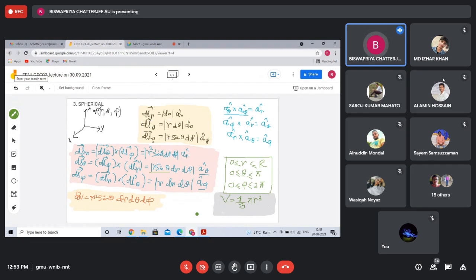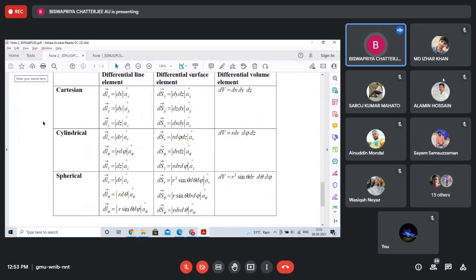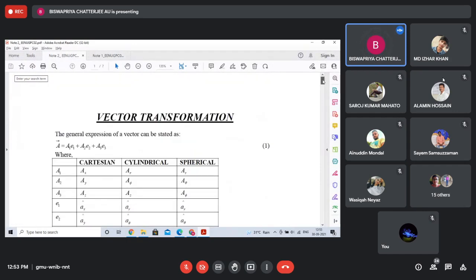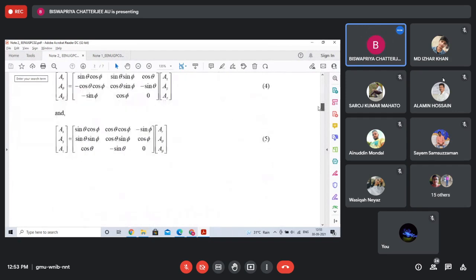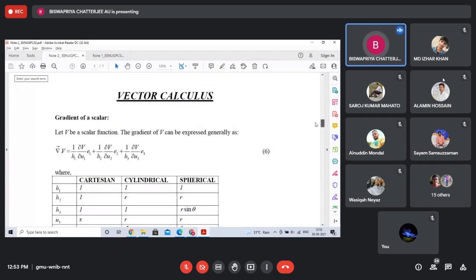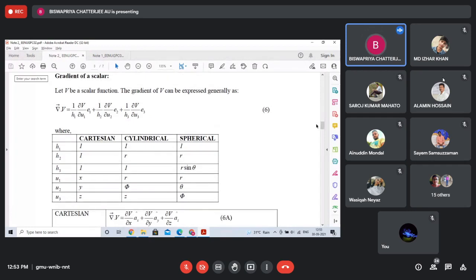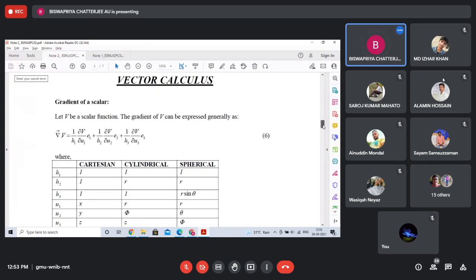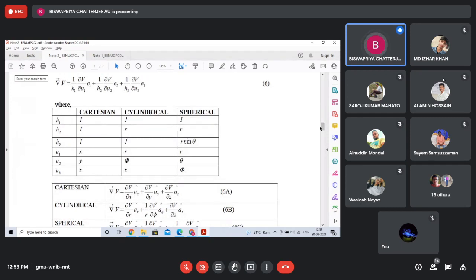So this is all from my side for today. If I start a new topic today, I cannot finish it. Next class I will first solve some problems, then I will go to vector calculus. So please see this table